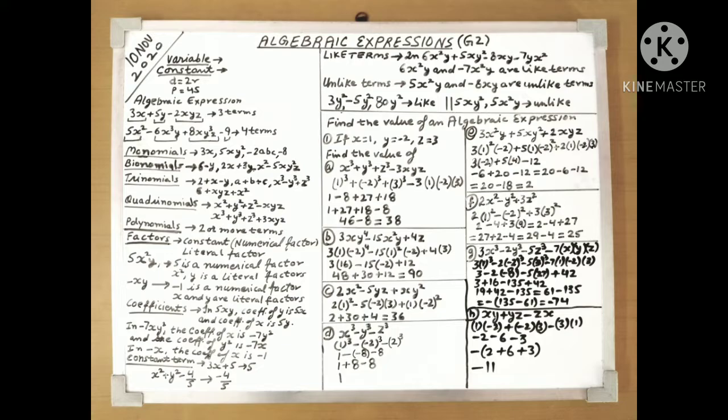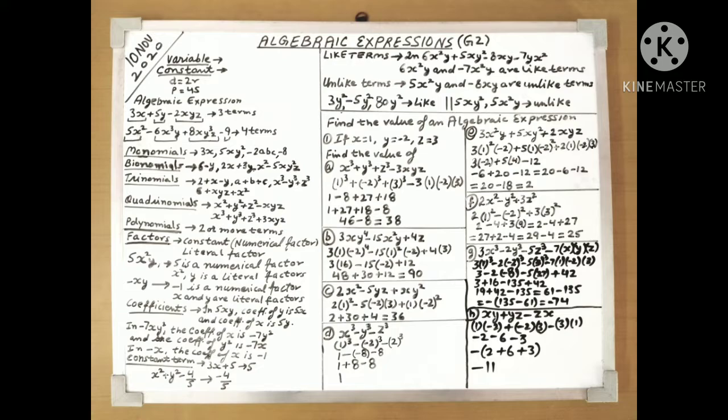Say suppose we have 5xy. The coefficient of y will be 5x. The coefficient of x will be 5y. In the second one we can see minus 7xy square. The coefficient of x will be minus 7y square and the coefficient of y square will be minus 7x. In case we have minus x, then the coefficient of x is written as minus 1. I hope it's very clear, right?